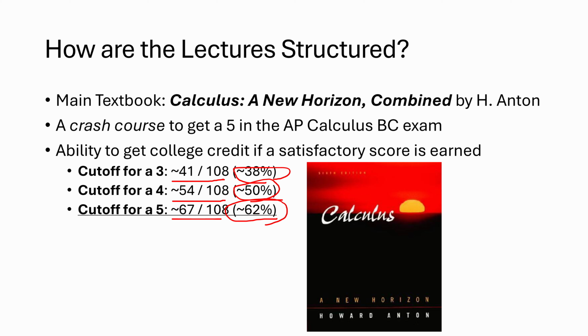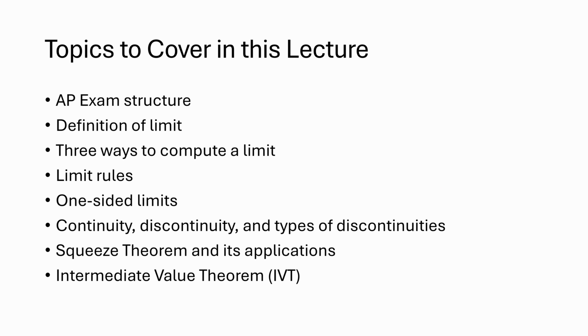You might notice that these cutoffs are really low, but the content itself is very difficult, which makes the cutoff lower. So the topics to cover in this lecture are AP exam structure, definition of limit, 3 ways to compute a limit, limit rules, one-sided limits, continuity, discontinuity and types of discontinuities, squeeze theorem and its applications, intermediate value